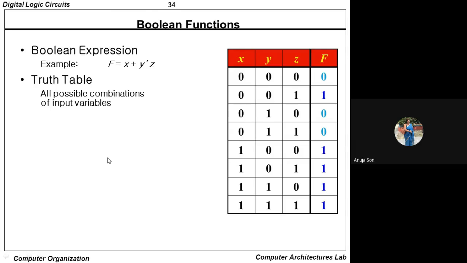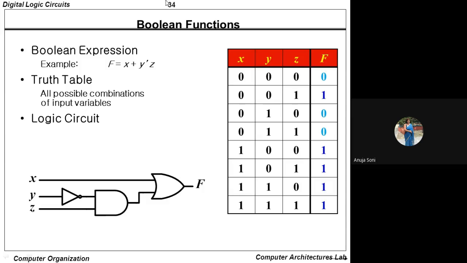All possible combinations of input variables go in the truth table, and ultimately you have to draw its logic circuit diagram. Again, the same way I have already told you, those many variables x, y, z are there. One inverter gate is used in front of y, and then an AND gate. You have to come to the sub expressions. First of all, you have to draw the logic circuit diagram for the sub expression, and ultimately as a whole you have to combine the entire logic circuit diagram with the main operator, like here in this case the OR operator.